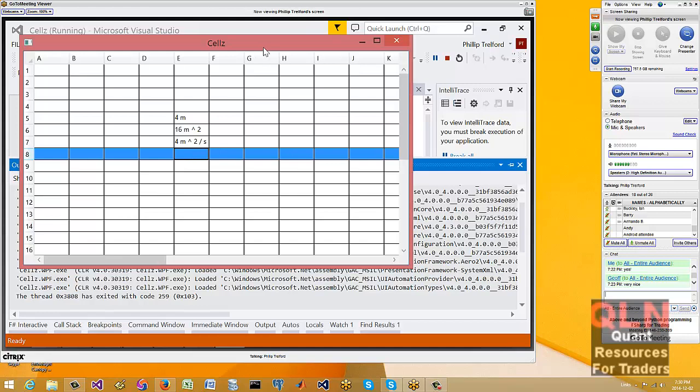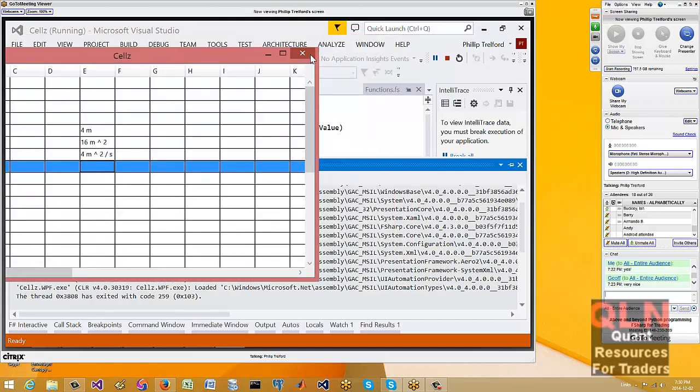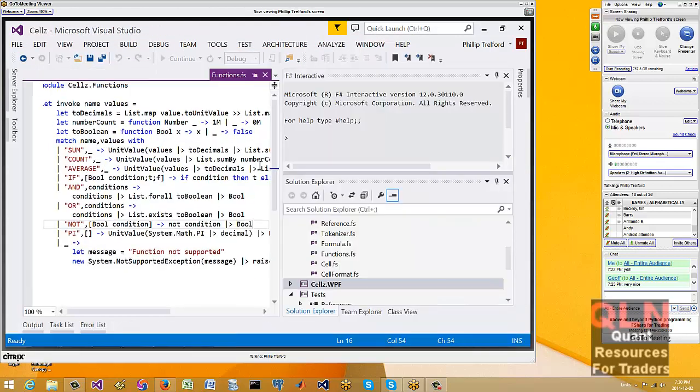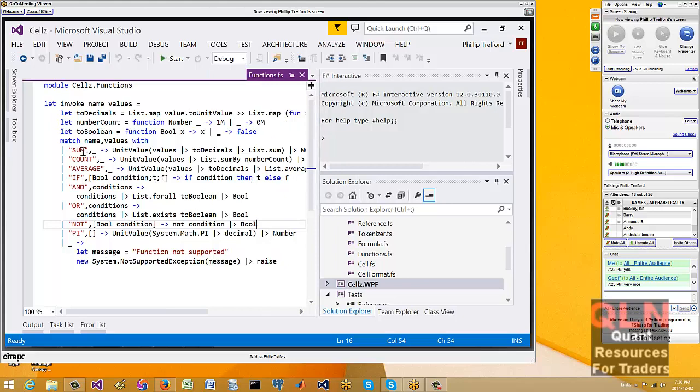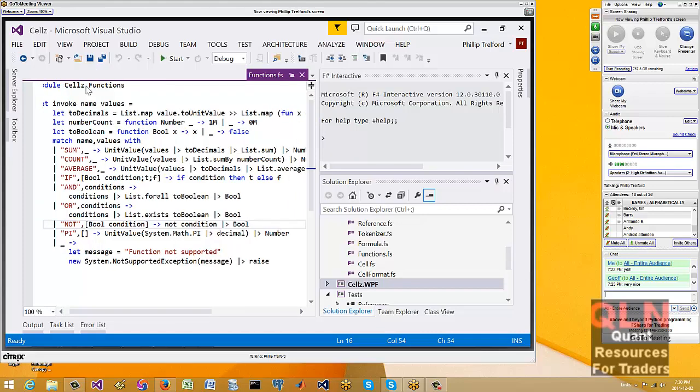Just showing you how that was put together quickly. Here I've got an example of some of the functions implemented, and each of the simple basic Excel functions is in fact encoded in a single line. We match over the name and values.